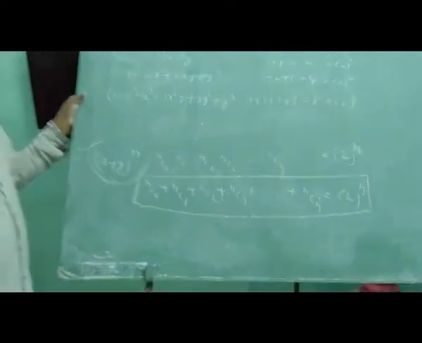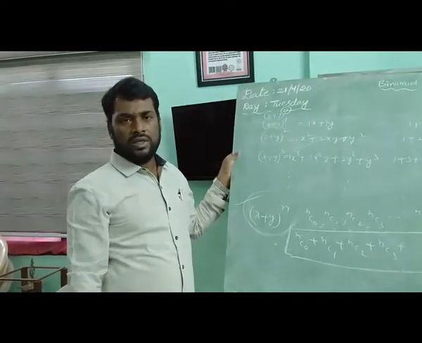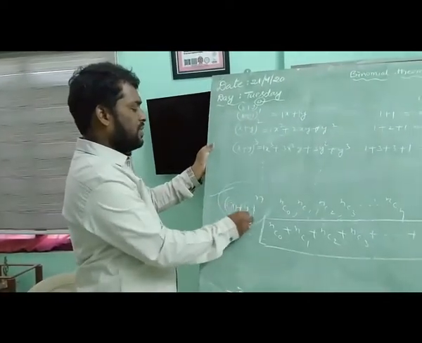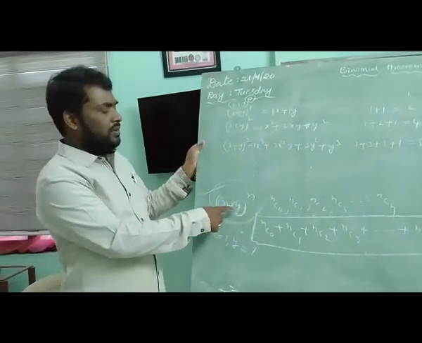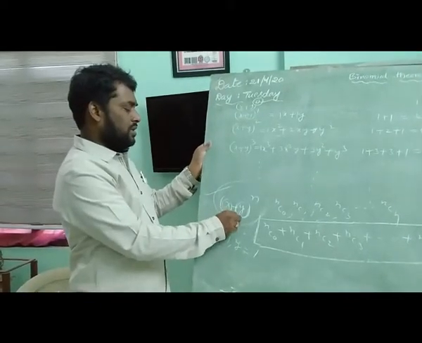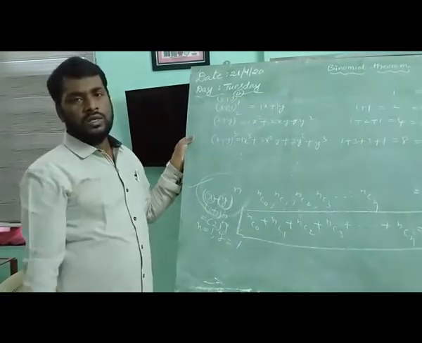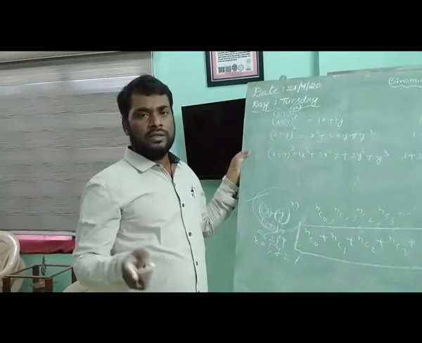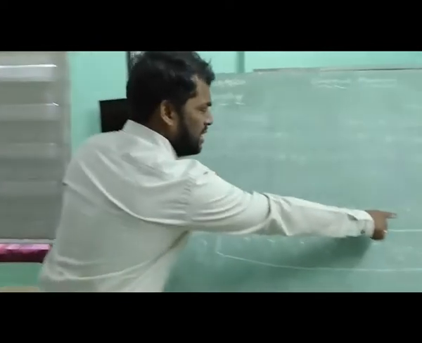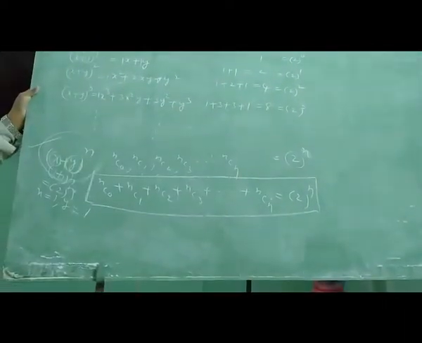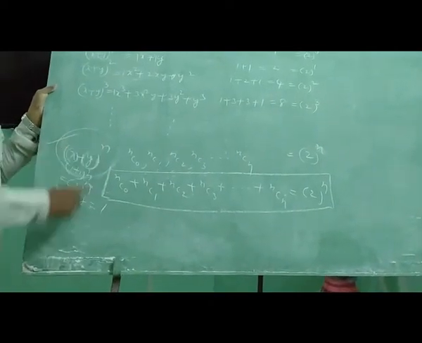So we have a shortcut also. Whenever you want to find the sum of the coefficients in a binomial expansion, you can use a shortcut, that is, just replace x equal to 1 and y equal to 1. If you replace x equal to 1 and y equal to 1, 1 plus 1, that is 2 power n, comes. So this is a very important shortcut to find the sum of the coefficients of the terms in a binomial expansion. This formula is useful to find the sum of the coefficients of the terms only in x plus y whole to the power of n.